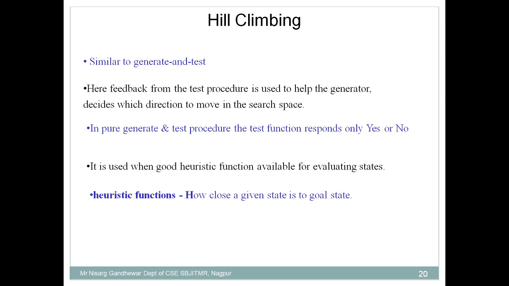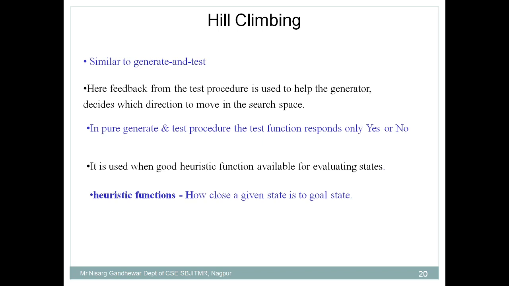Just take an example that you are moving from your home to the railway station and you don't know the exact path. In that case, in an intermediate state, you may get guidance from a particular person that this route is wrong. If you go from this route, it takes a lot of time, so just go through this second path. So this kind of feedback is applicable. You get this kind of feedback in case of a hill climbing algorithm. So in hill climbing, we'll make use of a feedback procedure.